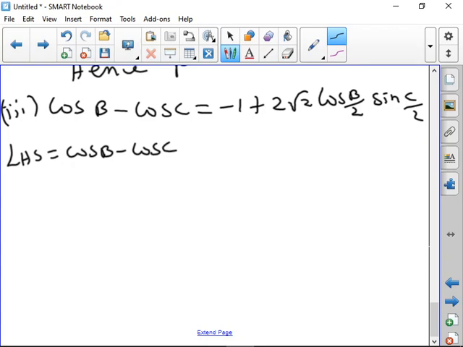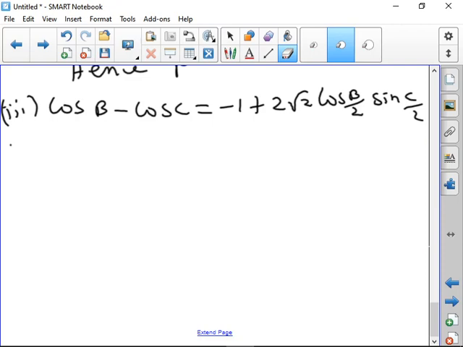So we know that from the first question, second subdivision. Okay, first question, second subdivision, what is given? Cos a plus cos b. We will write that first, then we'll take the left hand side. So we know that from first question, second subdivision.